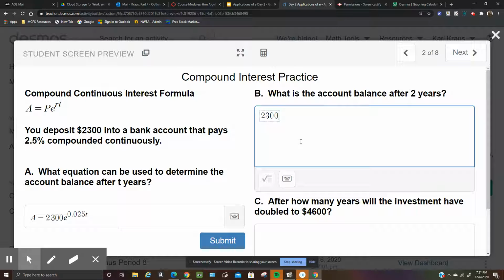If not, we'll have to use the calculator. It doesn't come up, so let me just put the equation here. And then going to the calculator,